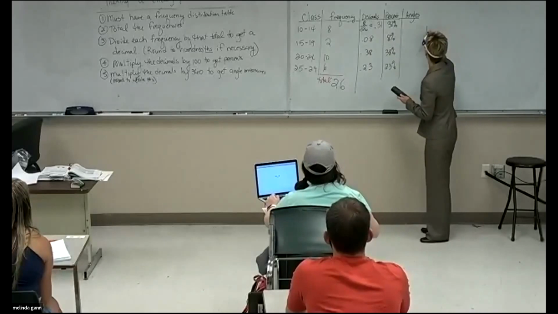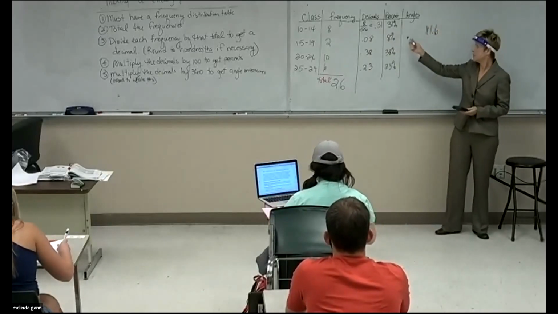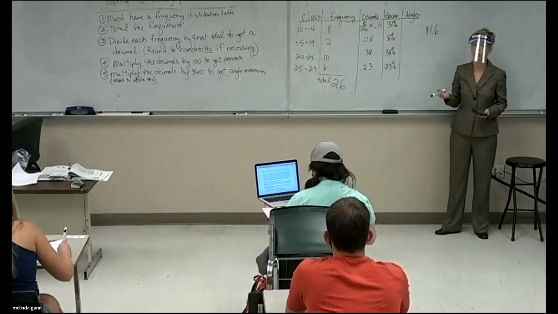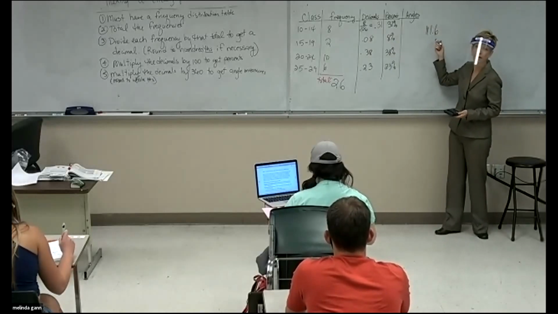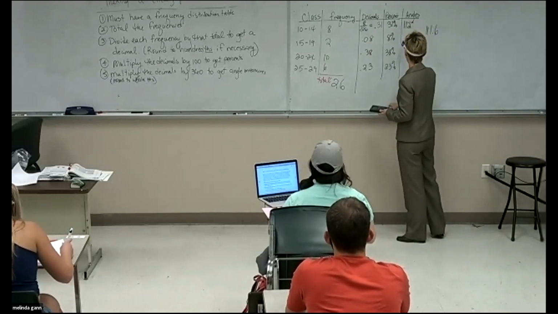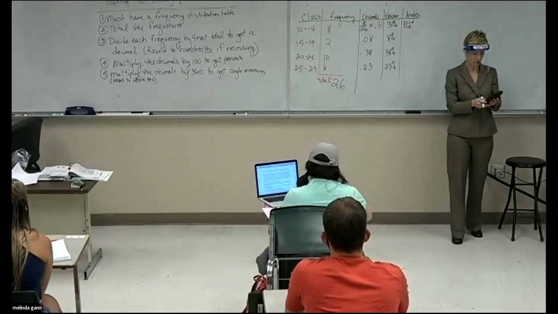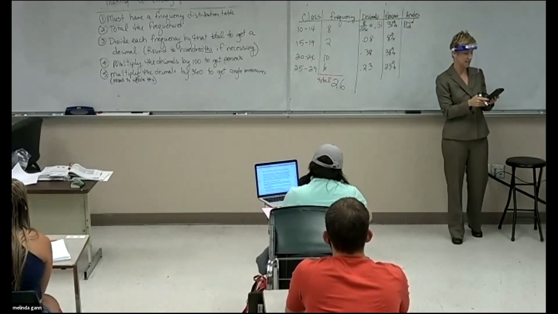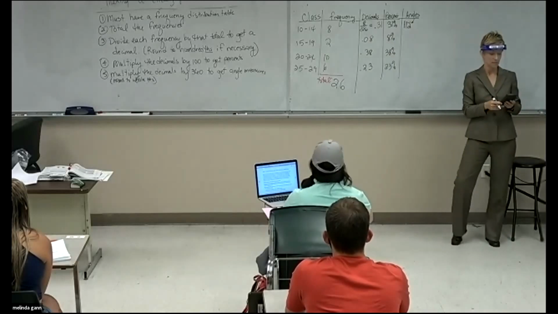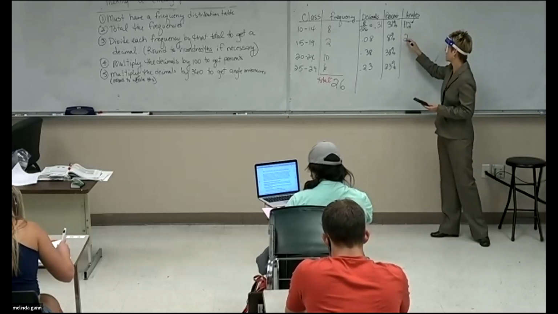Did you get 111.6? Now, you can look at it if you want to, but I'm just going to go to what degree measure? 112. So you can round to whole numbers. If you'd rather leave it like that, that's fine. All right, what's 0.08 times 360 going to get? 29. Because I get 28.8 on my machine, and I agree. If I round correctly, that's 29.